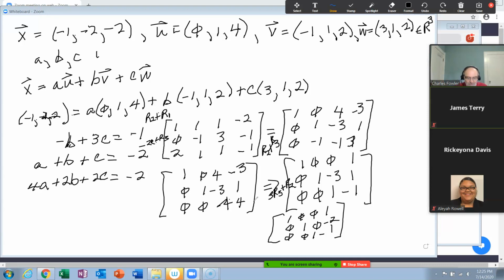So, what we know is, it said find these three. Here's what they become. A is equal to 1. B is equal to negative 2. And C is equal to negative 1. Okay, let's see if that works. Well, that's going to be kind of hard to do. Let's try it.